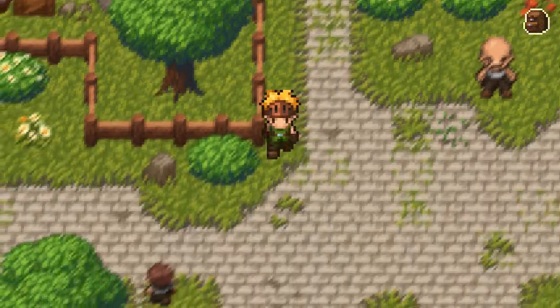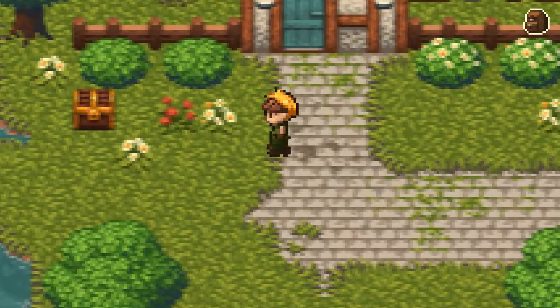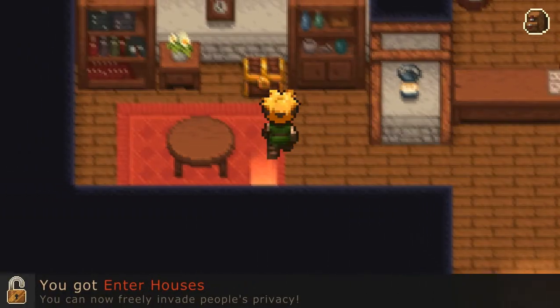And now I have to find a chest that lets me go into houses, which I don't remember exactly where it is. There it is, I think. Yeah, now we can go into houses, finally. But the reason we go into the houses is because we want to find...